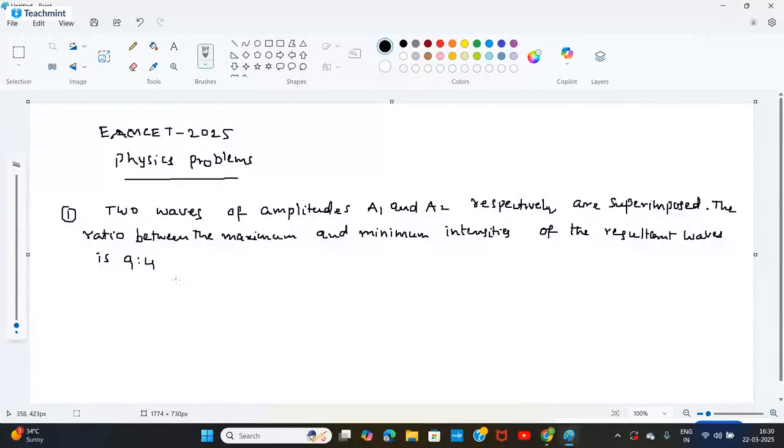The value of A2 by A1 is, assume A1 is greater than A2. So for this problem,